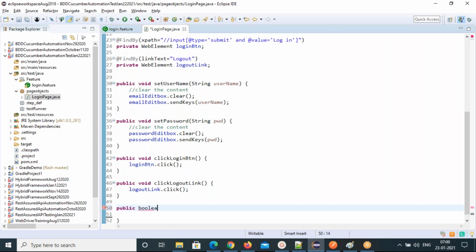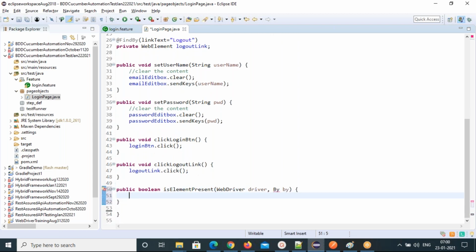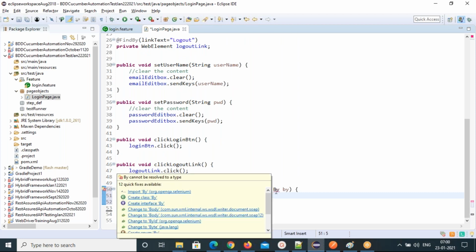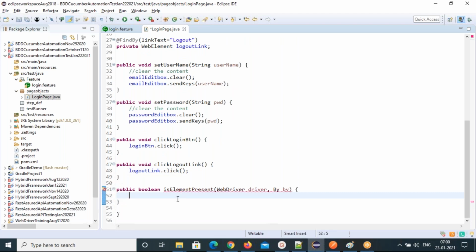So public boolean isElementPresent. I want to give WebDriver driver and By class. So you import By class from the org.openqa.selenium package.